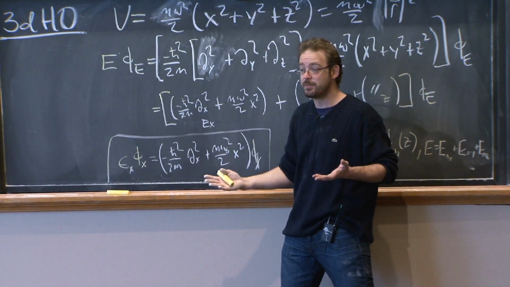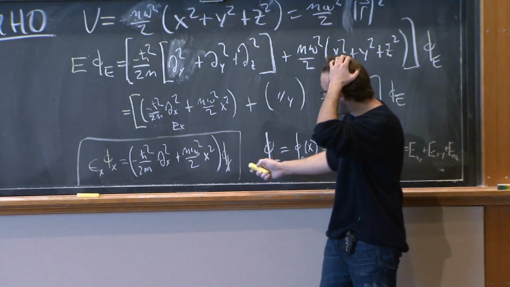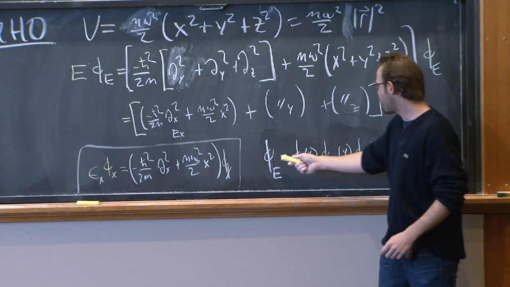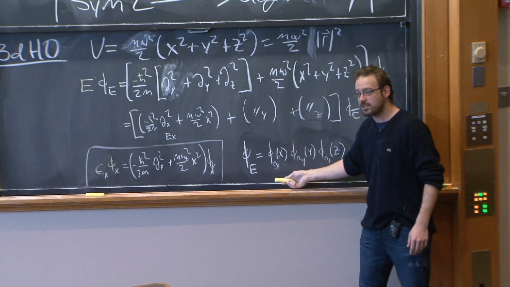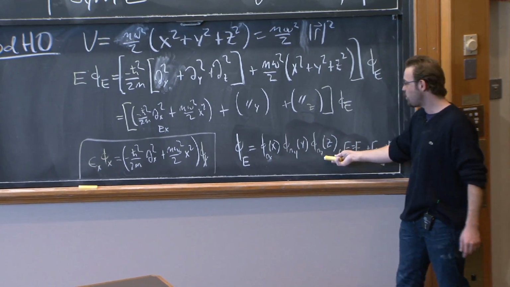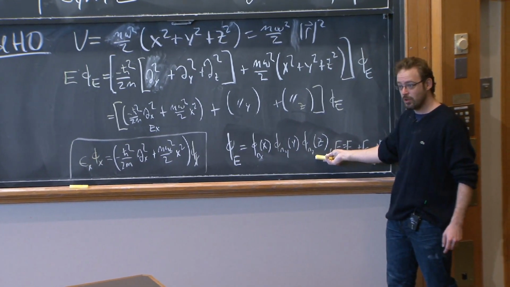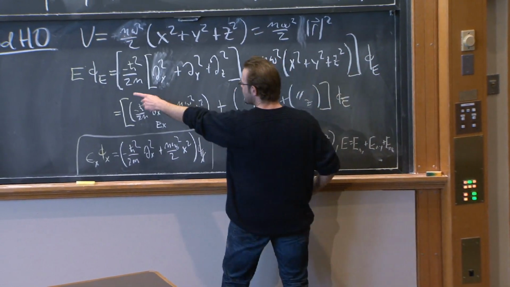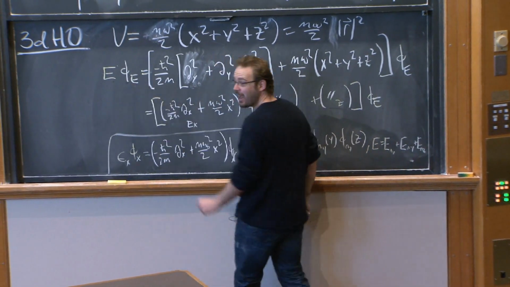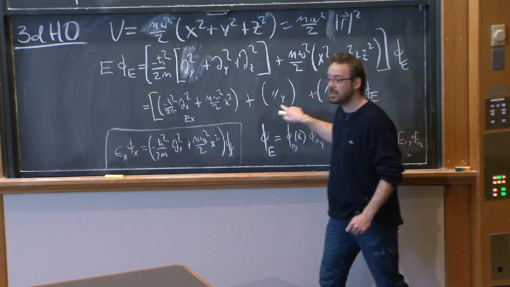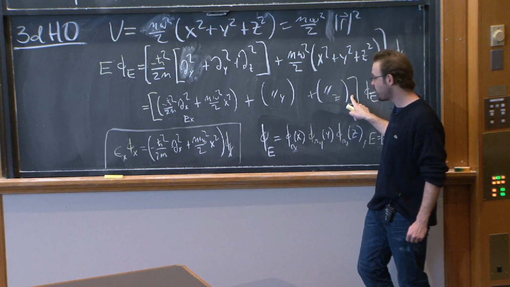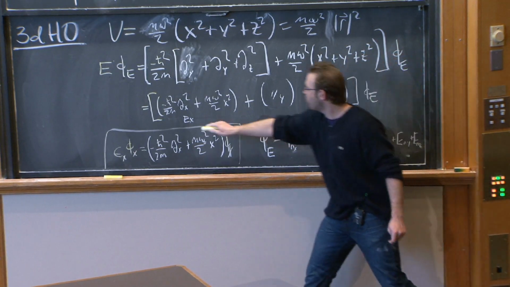They're the phi n's. And so I can just take my 3D wave function. I can say the 3D wave function is going to be the separated form, the product of a 1D wave function in x, a 1D wave function in y, and a 1D wave function in z. Cool? So now let's think about what happens when I take the 3D energy operator, which is the sum of the 3 1D harmonic oscillator energy operators, and act on this guy.